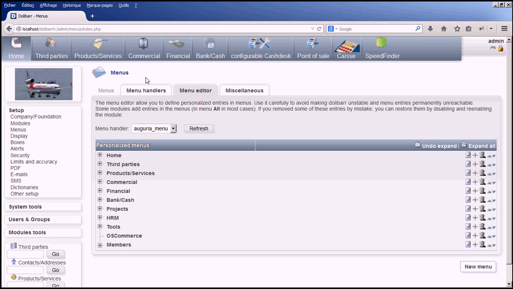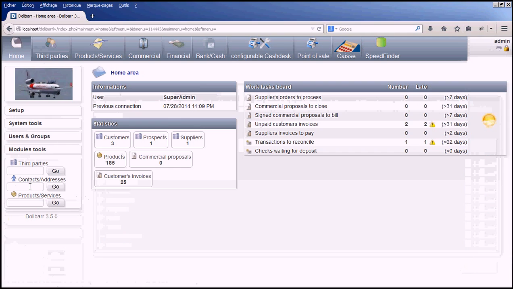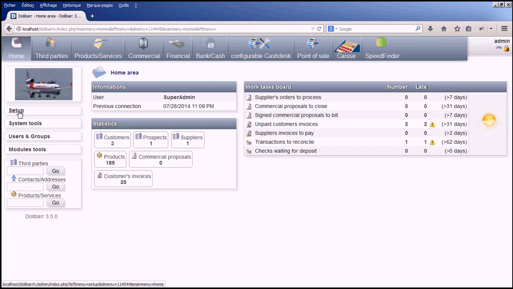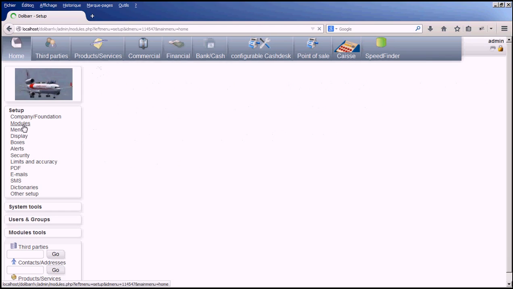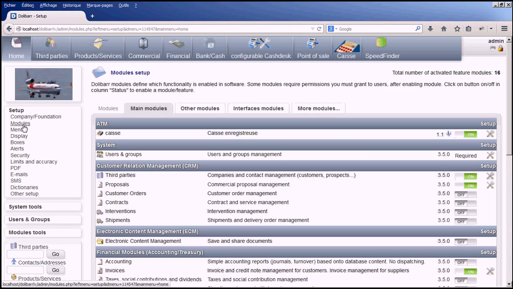First, to access an element of the third level, for example the link to manage Dolibarr menus, we must click on the Home menu, wait for a page refresh, then click the Setup submenu, wait a second time for a page refresh, then click the Modules menu